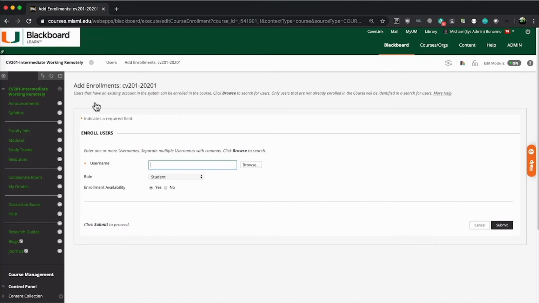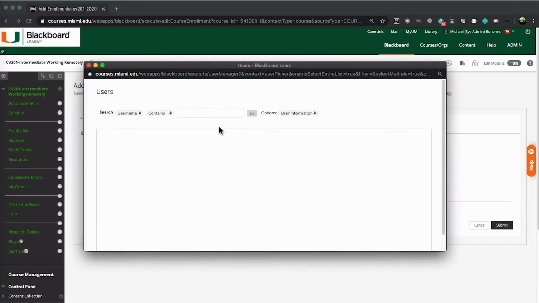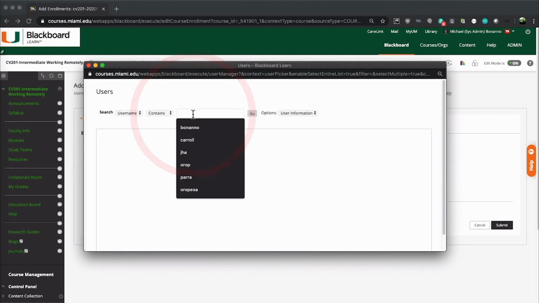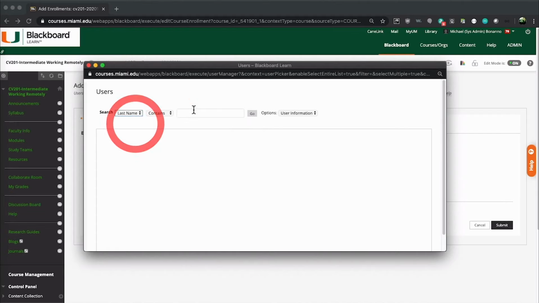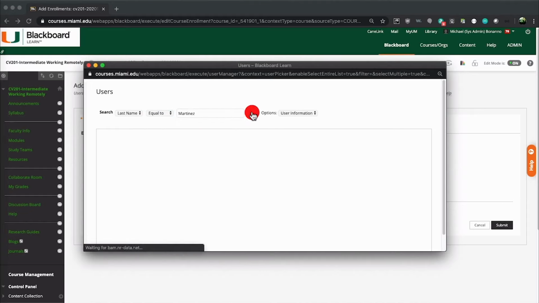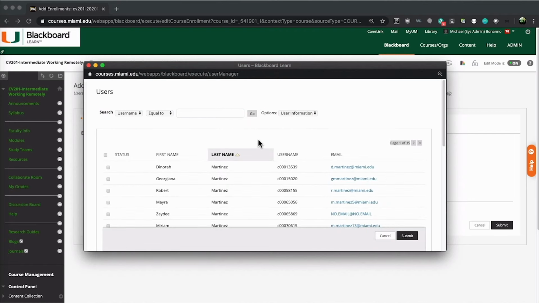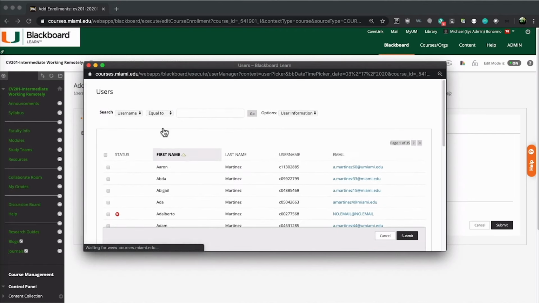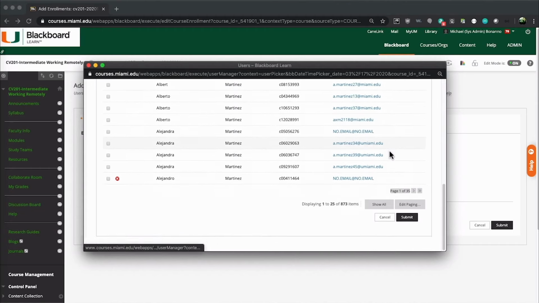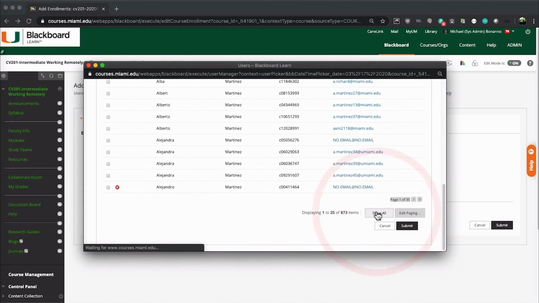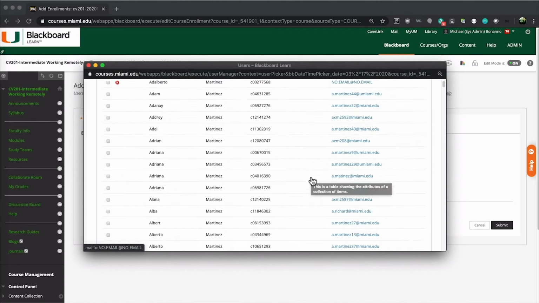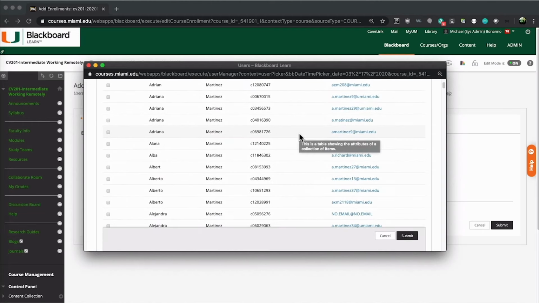I'm going to make Peter Martinez my TA for this course. Unfortunately, I don't know his C number, but we do have a browse button, and we can view all the students and instructors that have ever taken a course at the university and sort them by last name, first name, or email address. I think we are going to have a lot of Martinez in this list. 35 pages of Martinez. So the Blackboard find system is not the best, but at least I can show all of them. And as long as you have a fast enough connection at home,